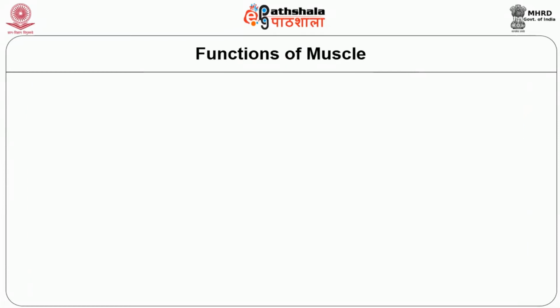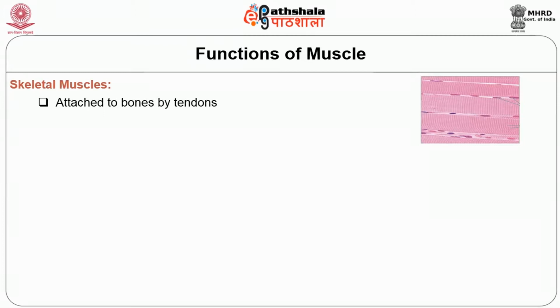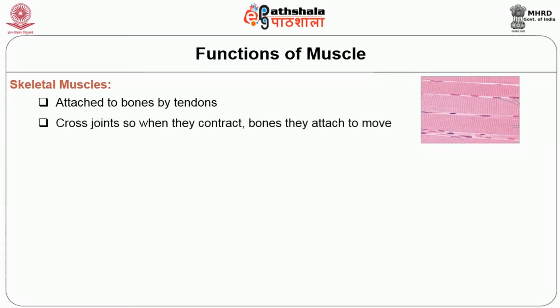Let us look at the functions of the muscle. The skeletal muscles are attached to the bones by tendons. As I said earlier, the strength of a joint is the connectivity of the muscle to the bone. So, whenever there is a cross joint, they contract along with the joint with the help of the muscle. So, it goes without doubt that if our skeletal muscles and the connective tissue joining the muscle to the bone, that is tendons, are strong, the mobility of our joints will be smoother, we will have more flexibility and